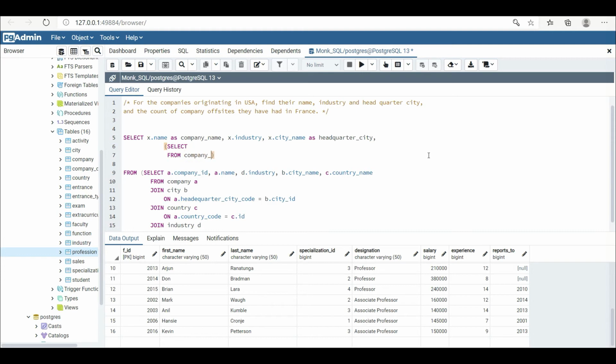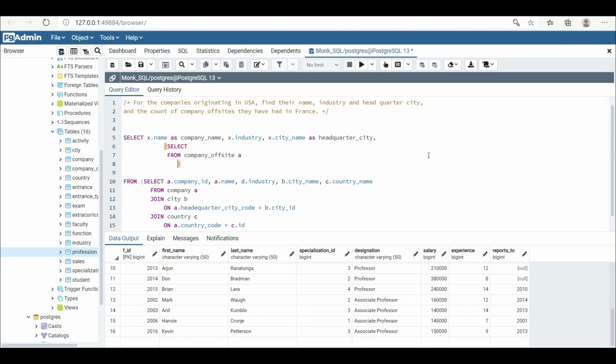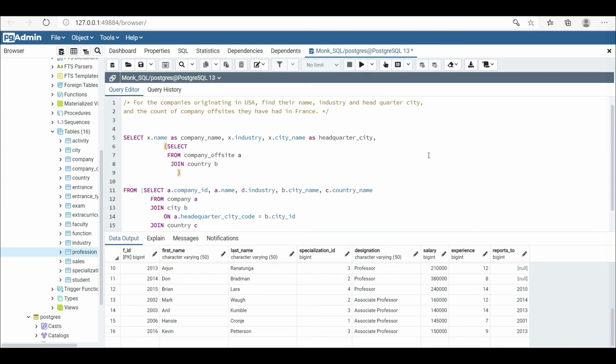We are joining company offsite table with country table to get the country name, that is France, because we are interested in knowing the offsite that happened in France. From company join country on